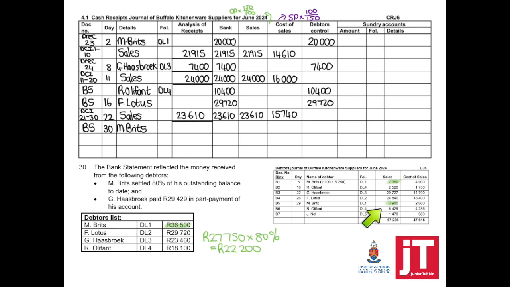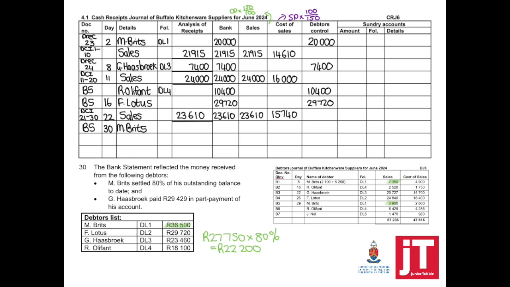He purchased on the 29th for 3,900, so we need to add it. And if we go and look at the cash receipts journal, you would see right in the beginning a payment was made of 20,000, which means we need to subtract it. So again, if we take 36,500 minus 20,000 plus 7,350 plus 3,900,